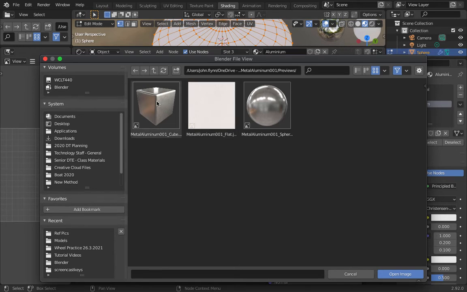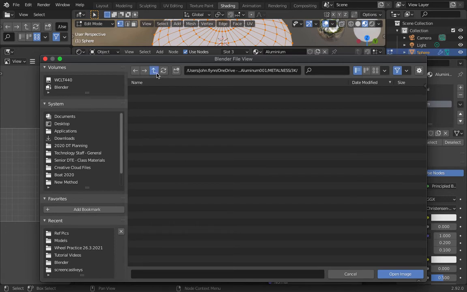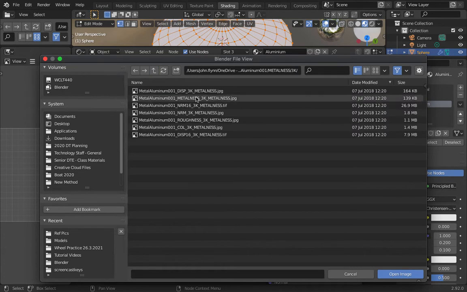The reason why metal looks interesting on a 3D model is because of what it's reflecting. So if we look at that, it's all the lights in what looks like a warehouse that makes it look interesting. So I'm going to go up and then come into this metalness. It's called metalness based on the workflow. 4K and 3K, that's just about the image sizes. And it's empty. That's not very helpful. There we go. So these file names have what it is, metal aluminium 001, and then after that it's